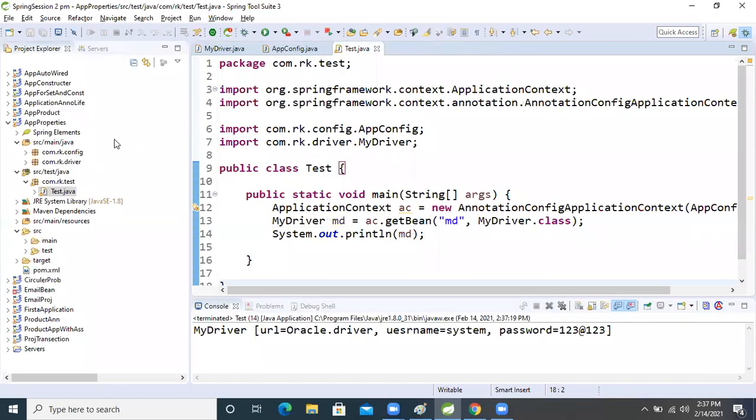Now think like this: we develop this application and hand it over to our client after building it, means creating the jar, and this application goes into live deployment. After some time, our client observes my application performance is too low, because we are using the Oracle database.